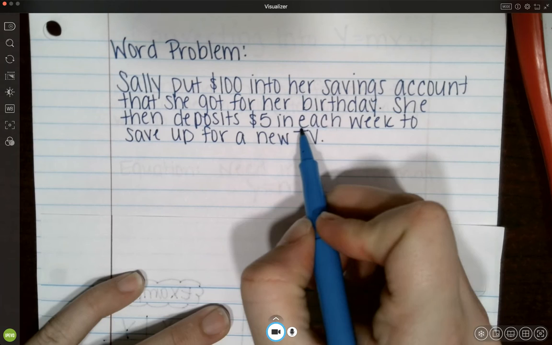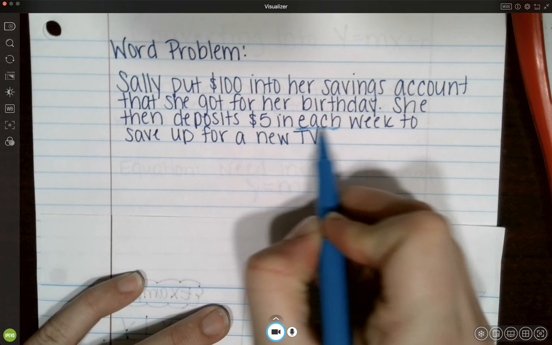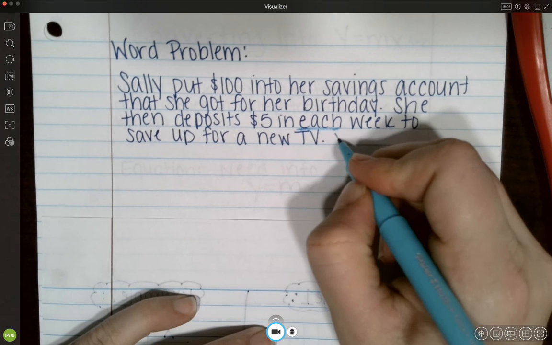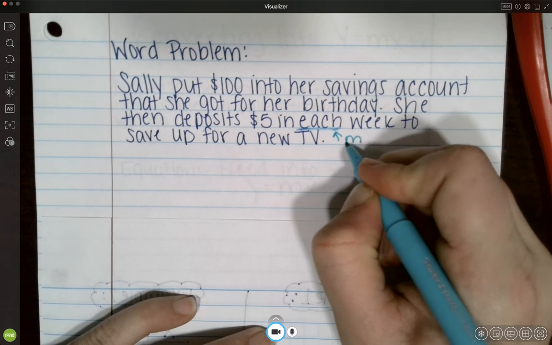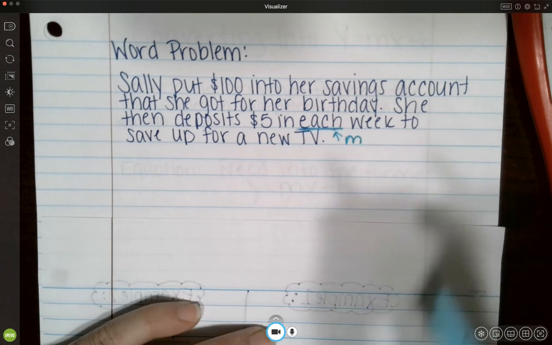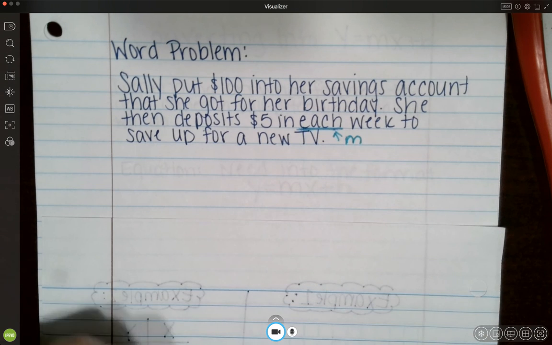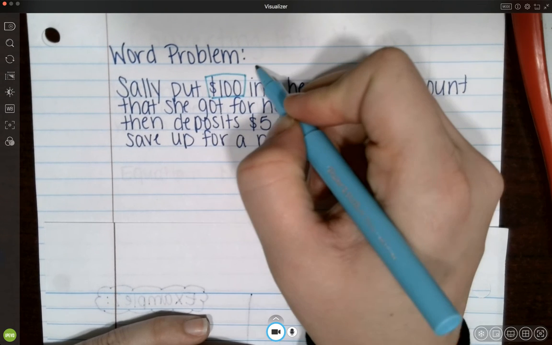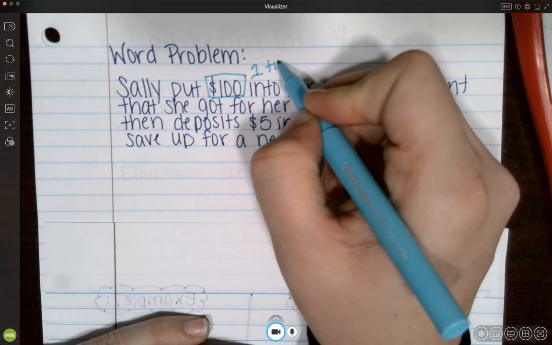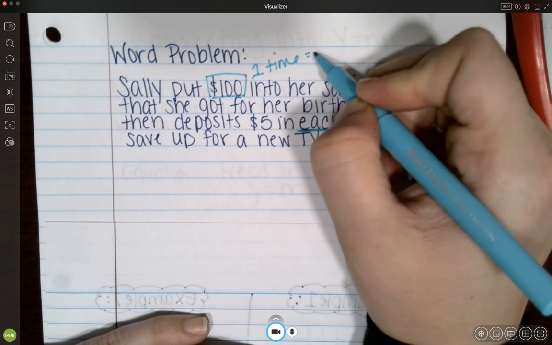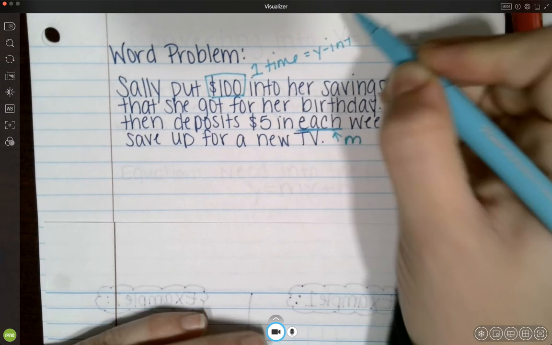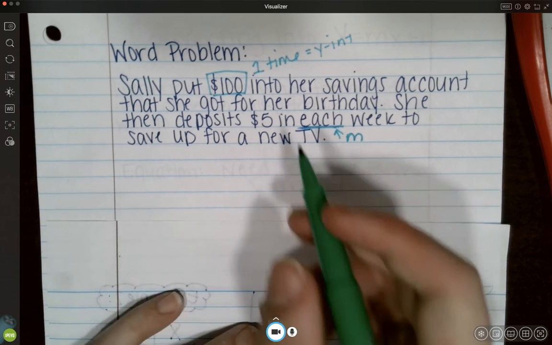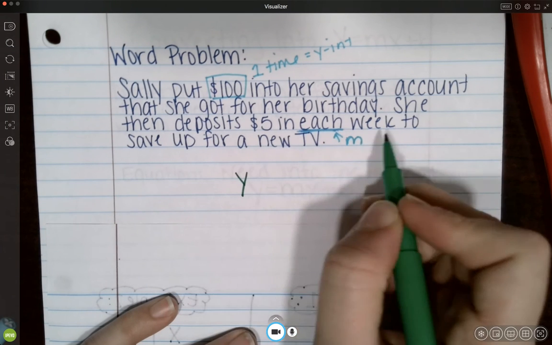Every time I see the word each, that is typically my slope. So typically, whenever I see the word each or every, that is my slope. Okay? When I have money that is a one-time thing, that is my y-intercept. So the equation for the story that we're telling is that my answer of weeks or amount of money